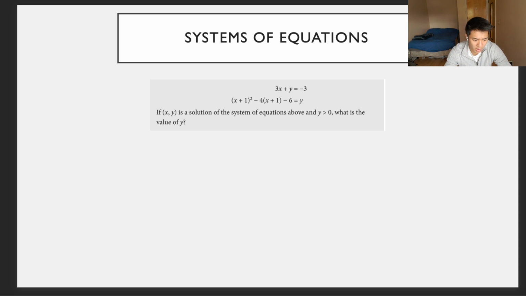And the question is, what changes here, right? So we have 3x plus y is equal to negative 3, and (x plus 1) squared minus 4(x plus 1) minus 6 equal to y. If (x, y) is a solution to the system of equations above and y is greater than 0, what is the value of y? And so what we can do here is still do the exact same approach that we would do in a conventional systems of equations problem, in the sense that substitution is still going to work. We have 3x plus y is equal to negative 3. It's fairly easy to isolate y there. y is going to be equal to